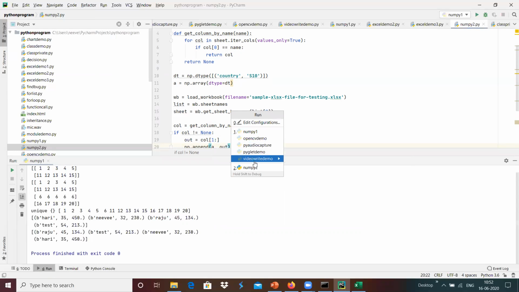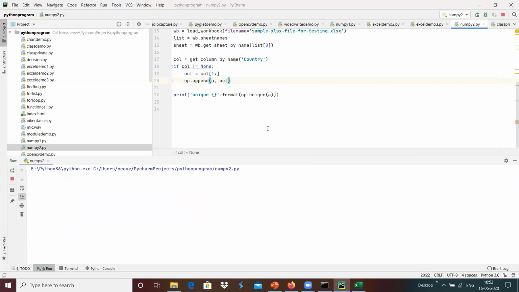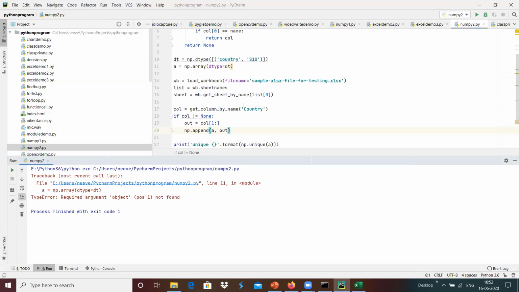I wanted to run this numpy2 demo.py. np.array requires argument object position one not found.